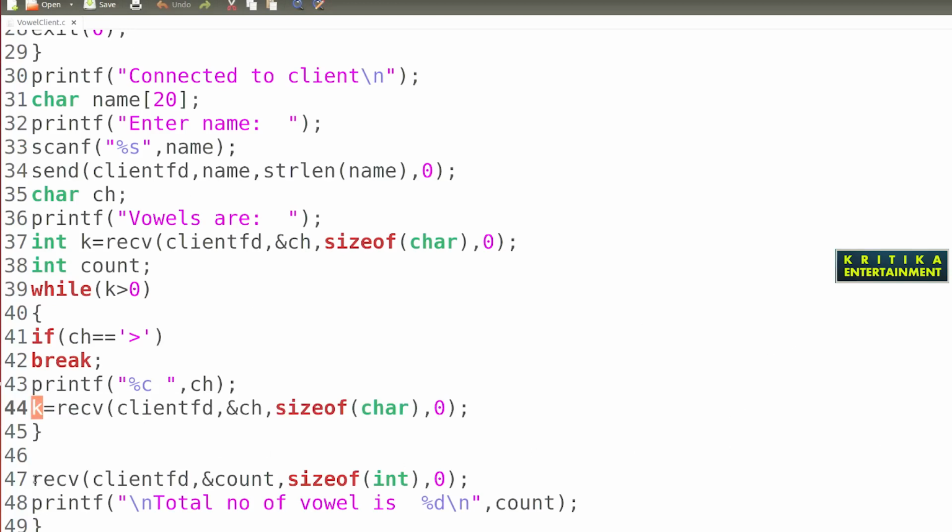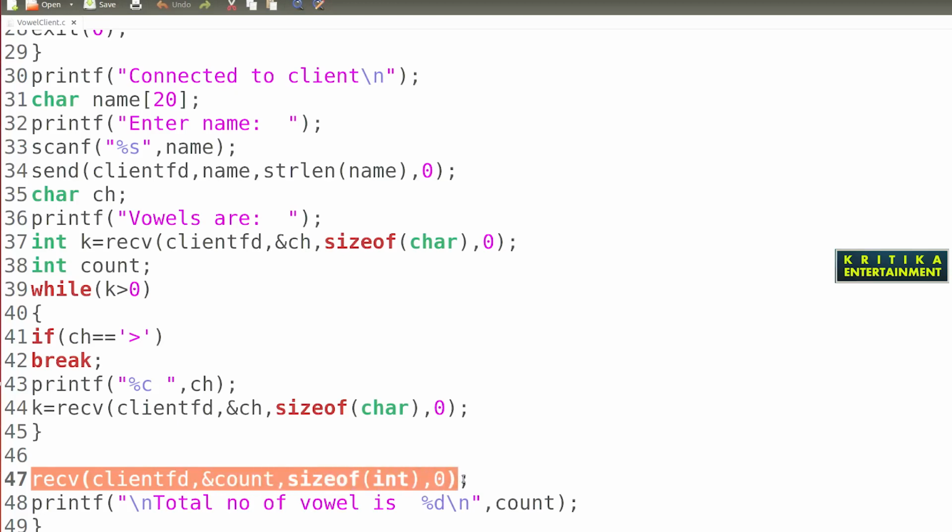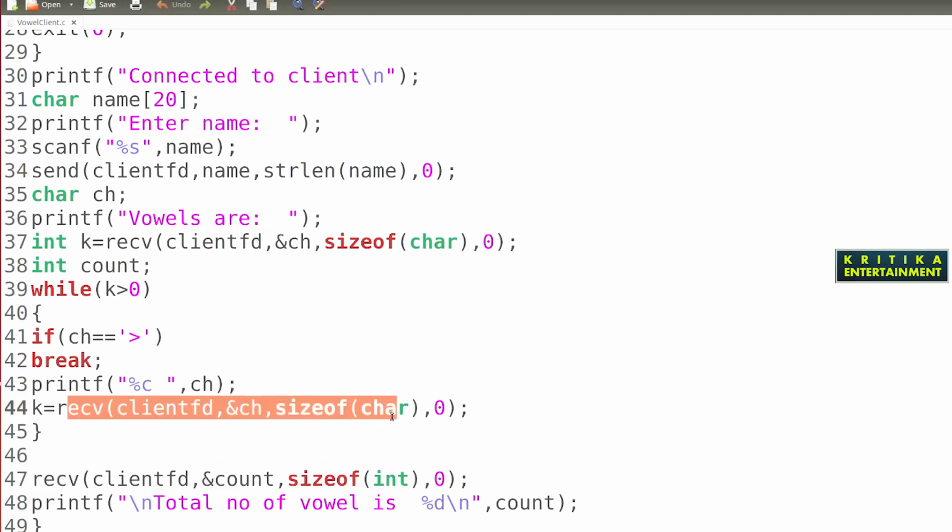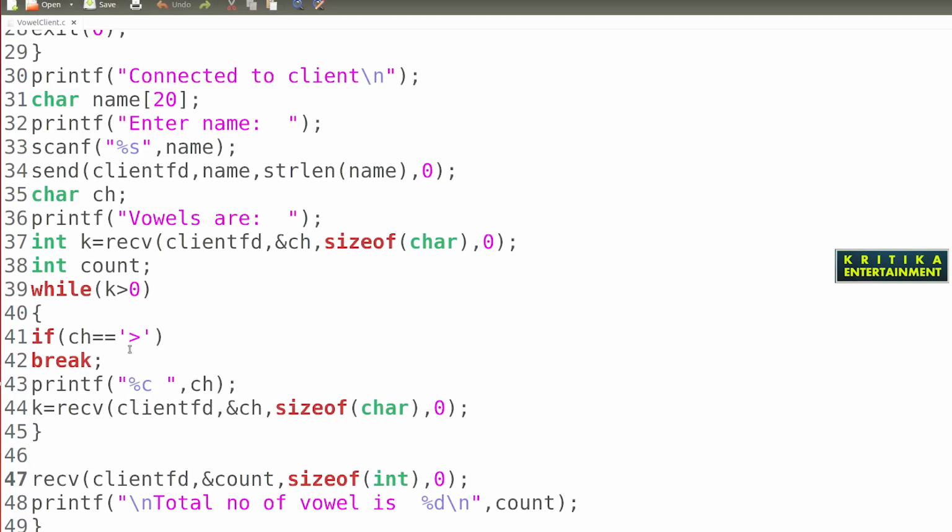And for this last receive function, K is your total count that is passed. When this function receives the count value, it does not work because the count value was already received by this receive function, so it will display garbage. So we need to terminate this loop.